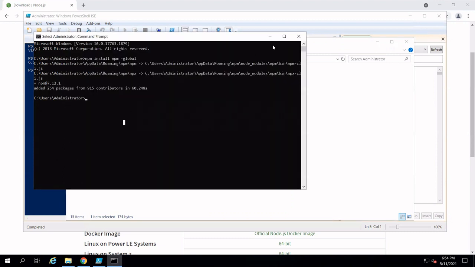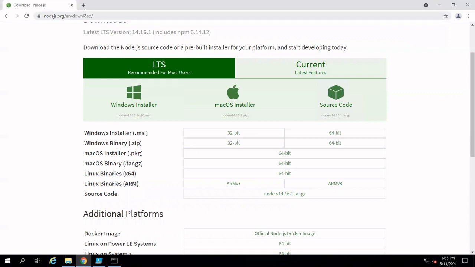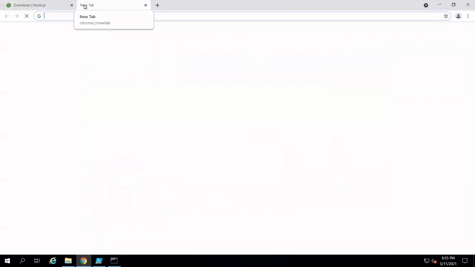Okay, now I want to execute my code. For that purpose, you have to write the next command on the command prompt, that is node space nodeapp.js. By using this command, I am going to run this code on the command prompt. Next, along with that, you have to open the browser.